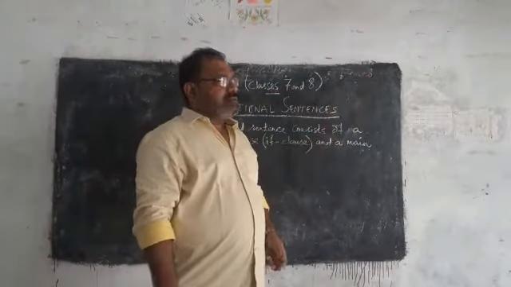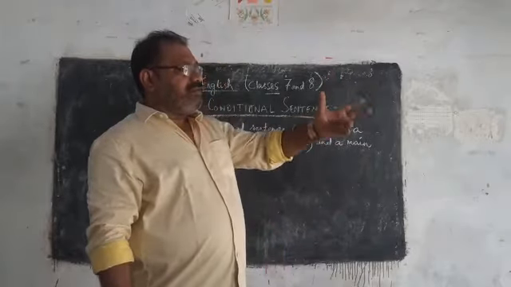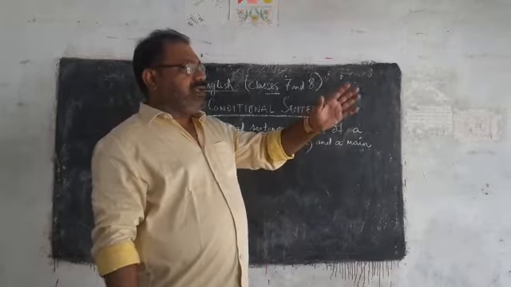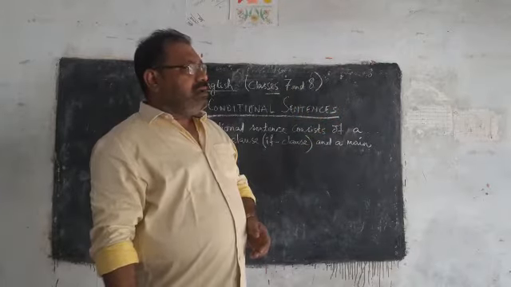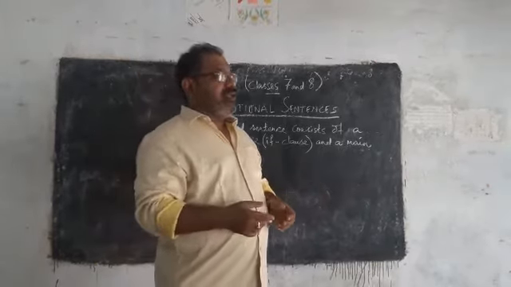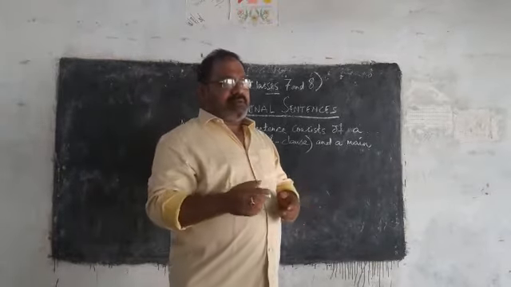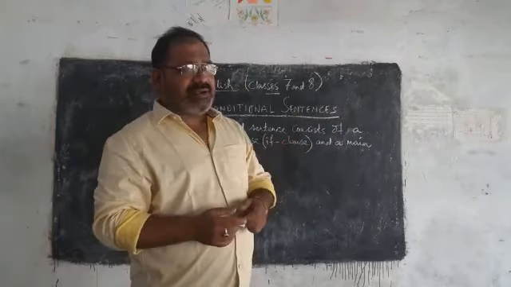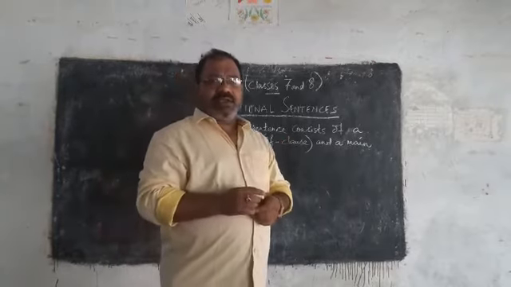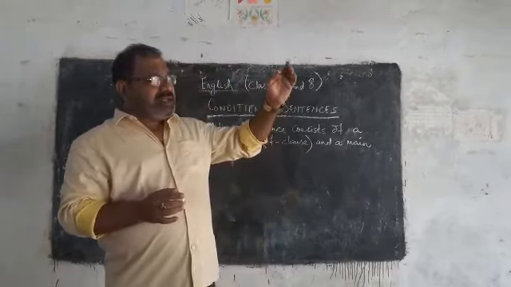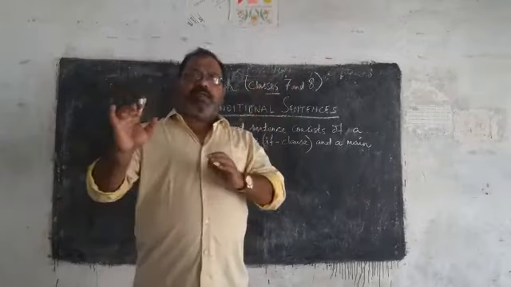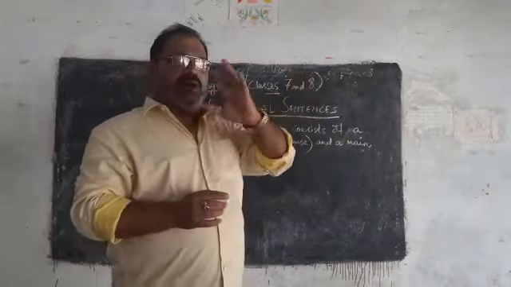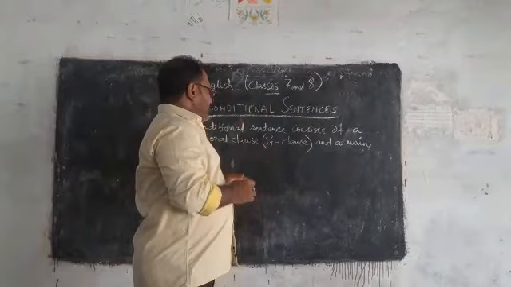Suppose I tell you now, it is a very hot and sunny afternoon. In this month of October, the sun is shining brightly, it is overhead now. Suppose I come into a condition with my friends, we want to play a cricket match. If it doesn't rain, we will play the match. That means, if rain does not take place, we will play the match. But if it starts raining, we will not play the match.